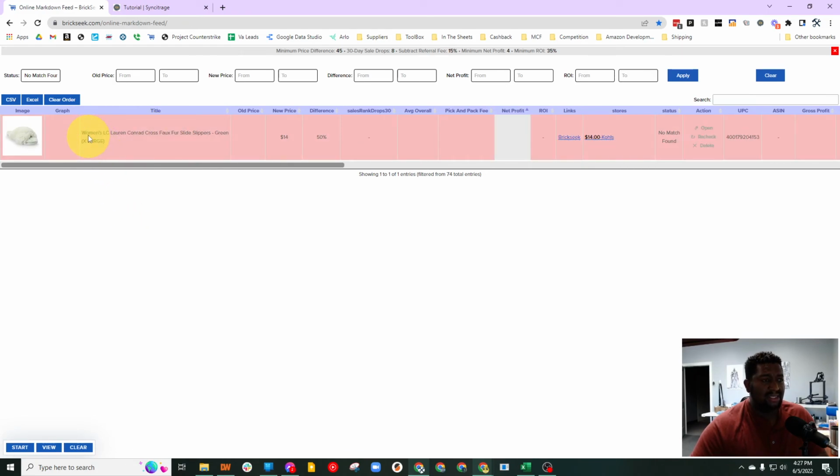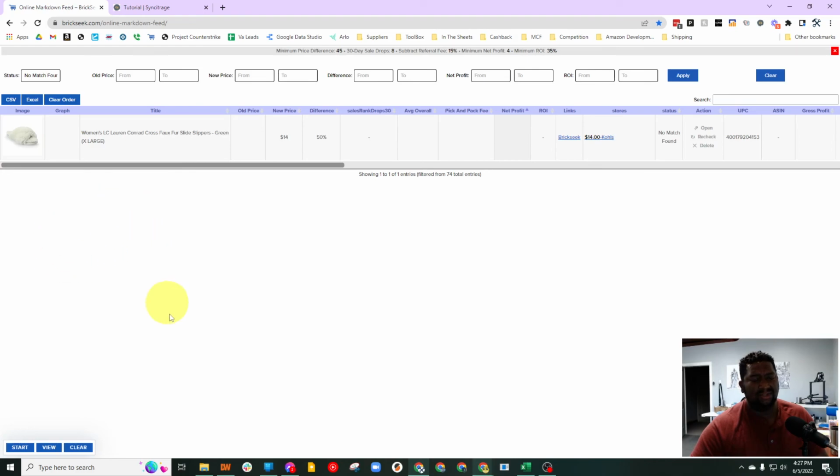And how I use it is, if it's a well-known brand, then I'm going to go ahead and search that stuff. But if it's like BCG or Sonoma or Apartment 9, I'm probably just passing on that stuff. But the other day I came here and I found some kids' Nike shorts that were crazy good ROI and net profit. There was just no ASIN associated with that UPC.